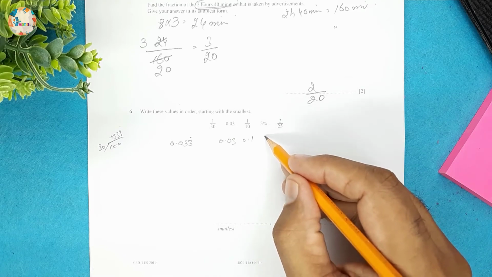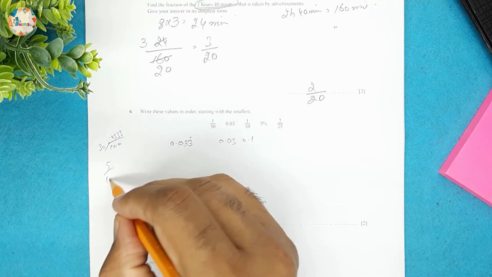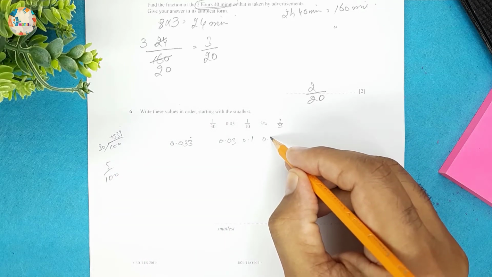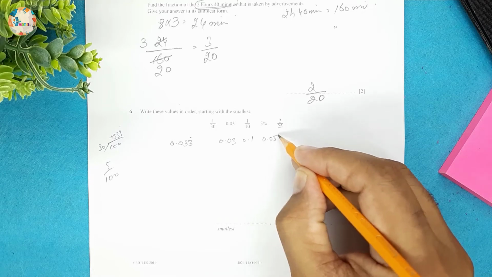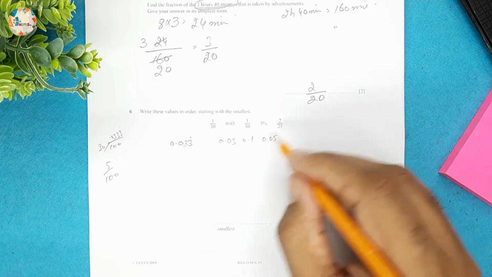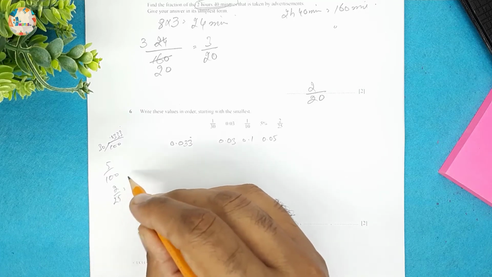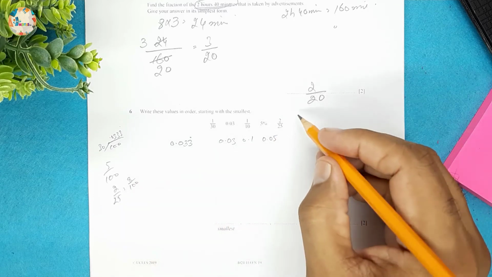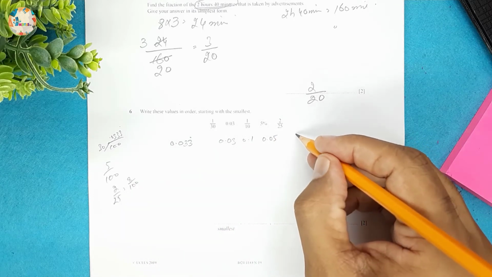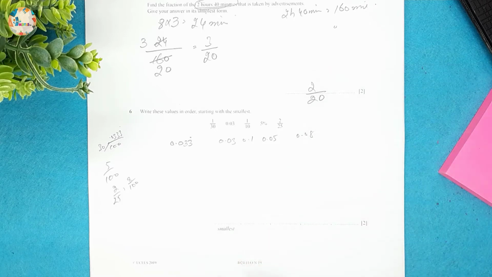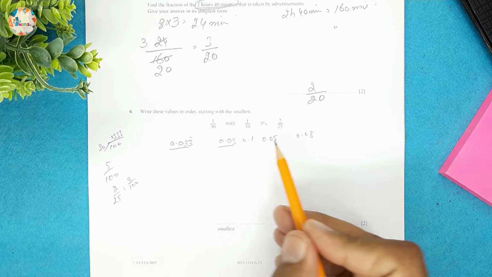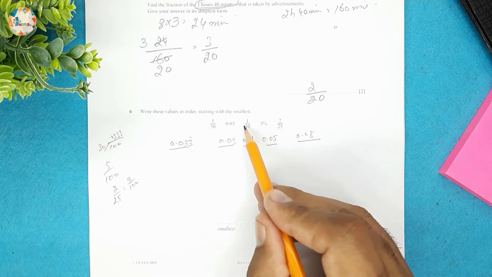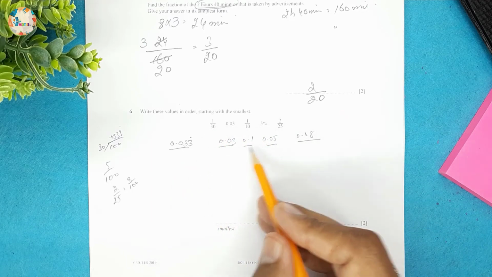And for this one it will be 5 over 100, so we can write 0.05. And for this one we can change 2 over 25 into basically 8 over 100, and this will be 0.08. Now we can compare 1, 2, 3, 4 and 5. 1, 2, 3, 4, 5 figures. So out of this one